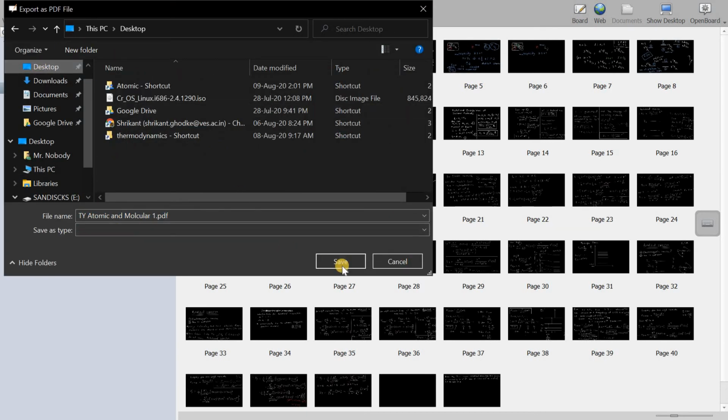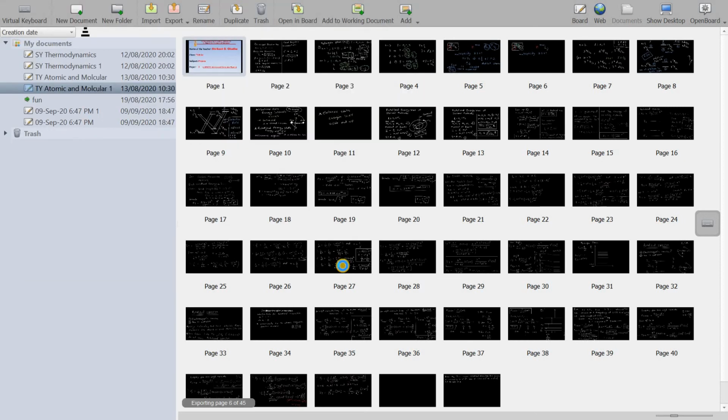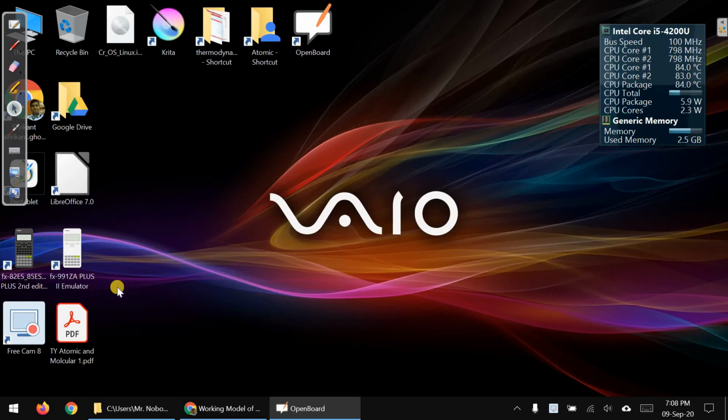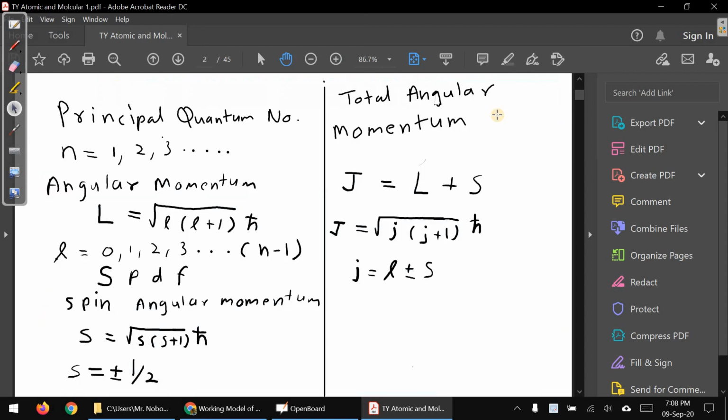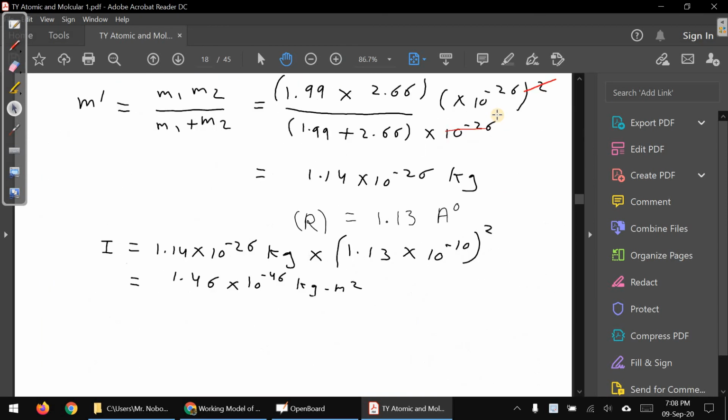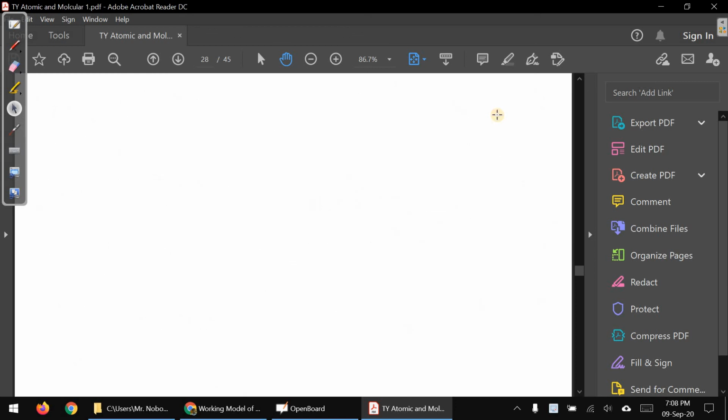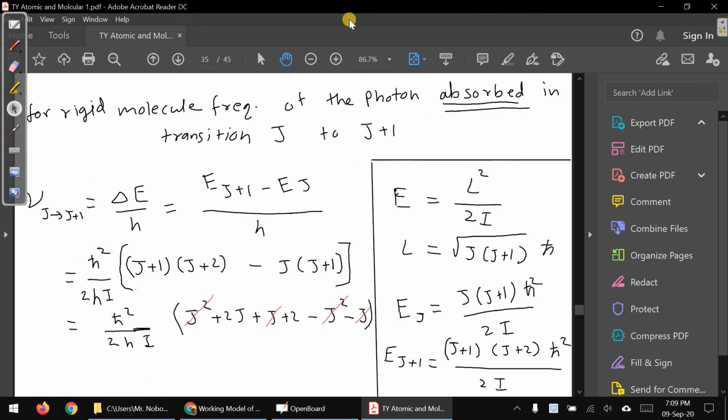You can see you export in a PDF format, and it will take a little bit of time. Everything you did in your cards, it will export as a PDF. So that way it will work.